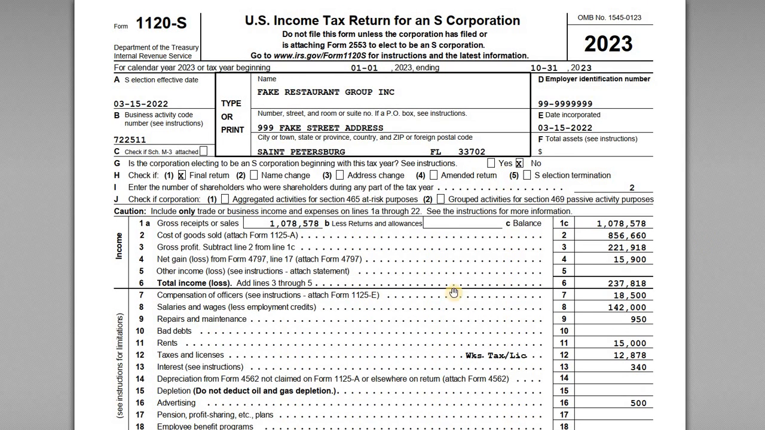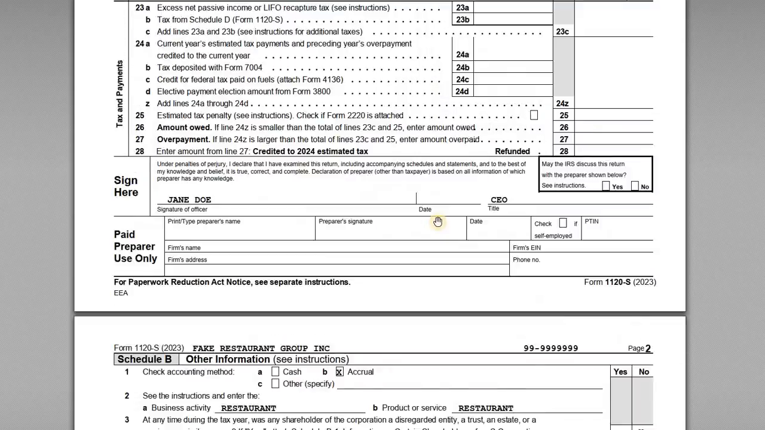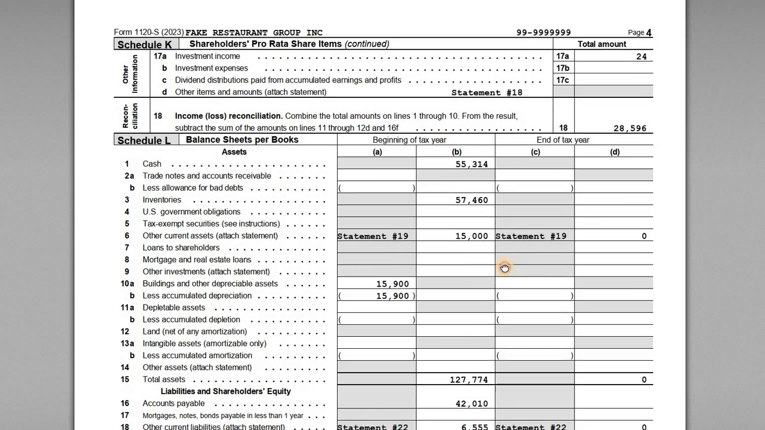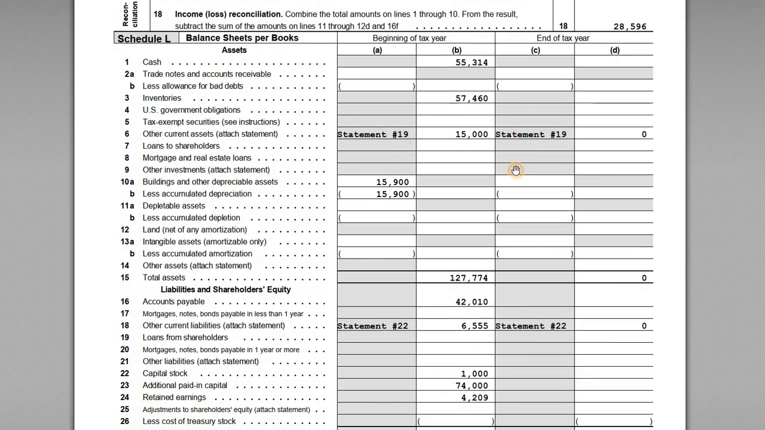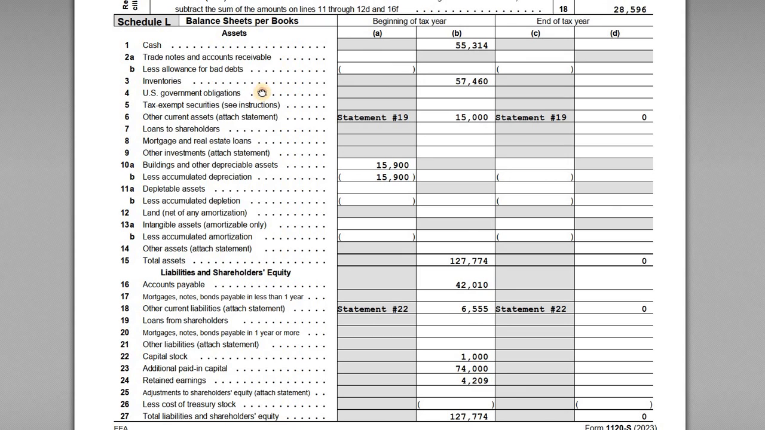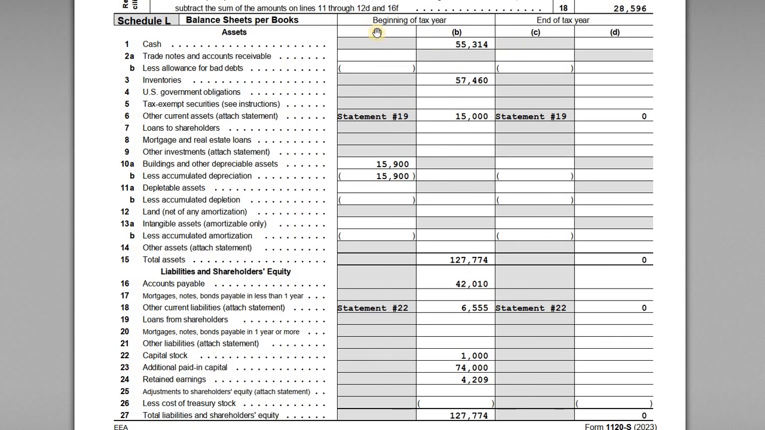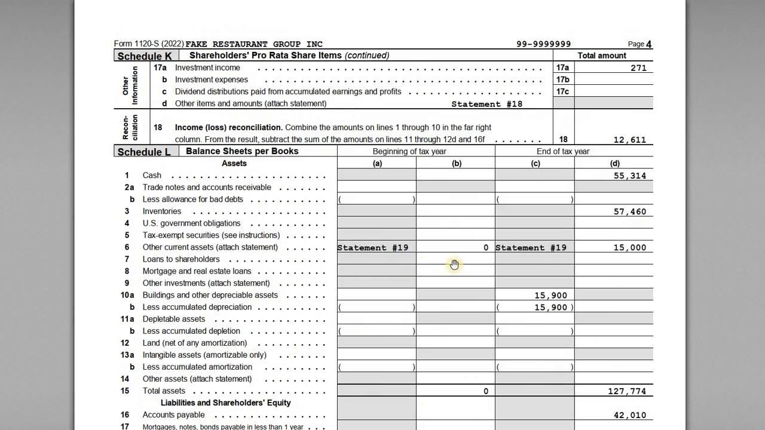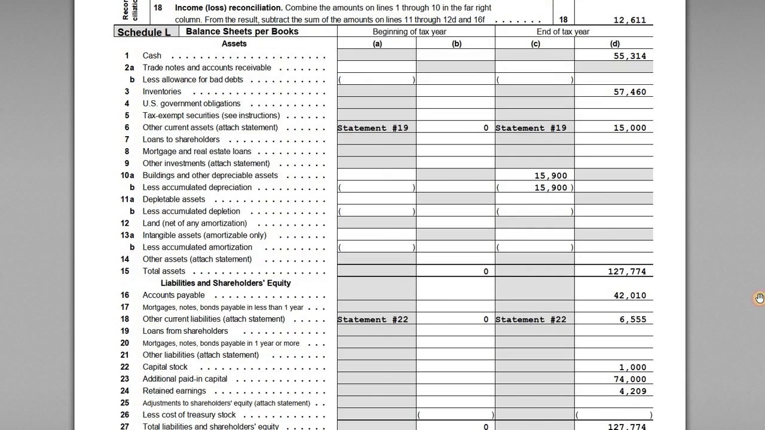Now, before we get into the current year information, it's always good to start with what gets rolled over from the prior period. So when you're looking at the Schedule L balance sheet per books, the beginning of the year numbers are balances on the Schedule L from last year at the end of the year. So if we take a look at their 2022 return and I jump through to the Schedule L, we can